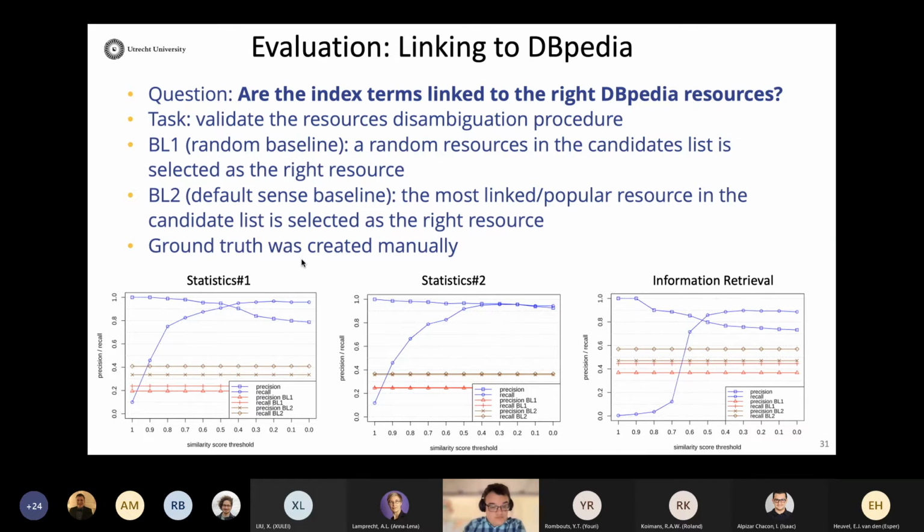And you can see that for all the different textbooks, somewhere around 0.6, 0.4, this is where our precision is still pretty high, and this is where recall also is getting very high, right? So we see that the numbers are actually pretty good as well. So it's around 0.8, 0.9. Well, for information retrieval, 0.7.